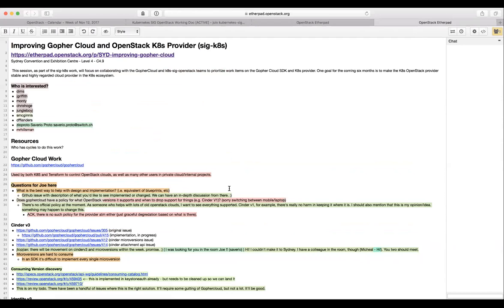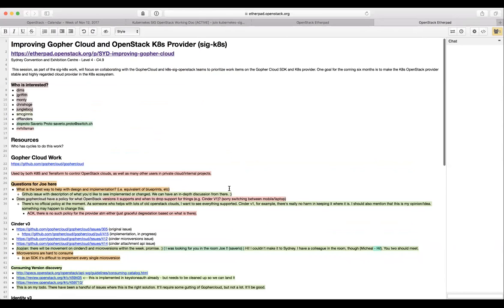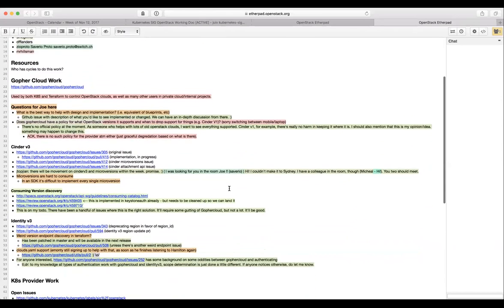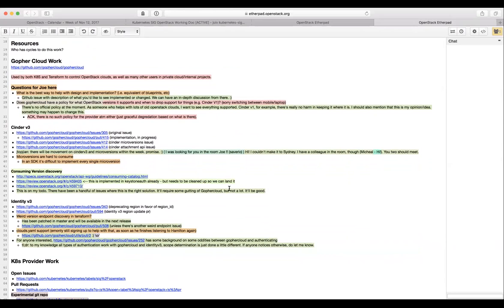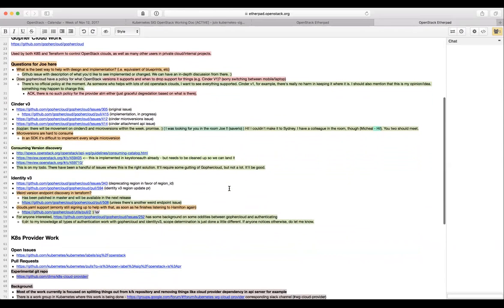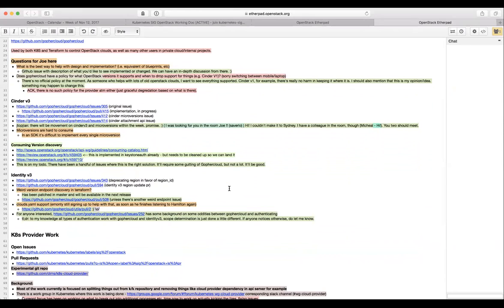There was another session where we talked about improving Gopher Cloud in particular. Joe called into this meeting, and we just covered some of the issues that are going on right now. Right now, one of the biggest things that we're trying to work on is Cinder v3 support and how to design and implement